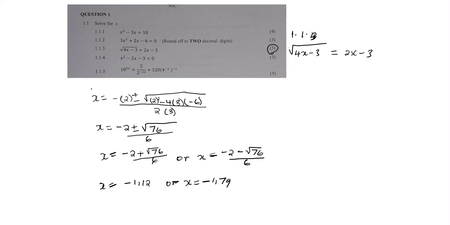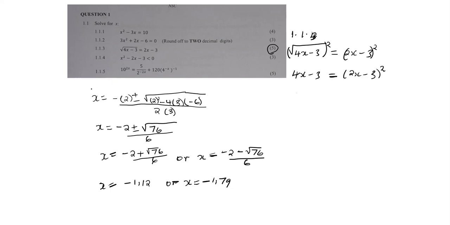First of all, you isolate the surd side. So let's quickly isolate the surd side. We isolate the surd side so that at the end of the day, we get to have something that we are familiar with, which is a quadratic equation. You'll see the left-hand side will change. The right-hand side will translate to a quadratic expression. So we will remain with 4x minus 3 equal to 2x minus 3